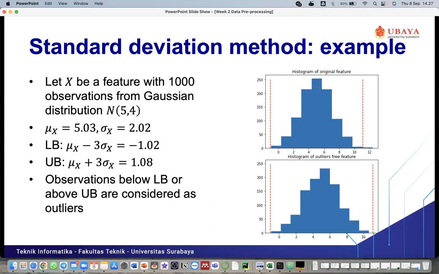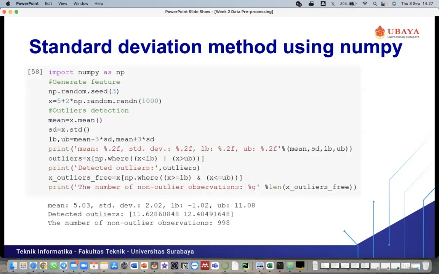No, because it is below the upper bound and above the lower bound, right? The range is from minus 1.02 to 1.08, so it will be considered not an outlier. Okay, let's move on to the next slide.